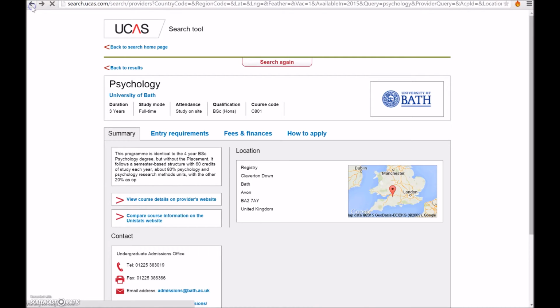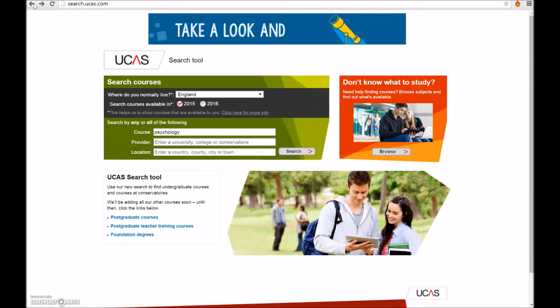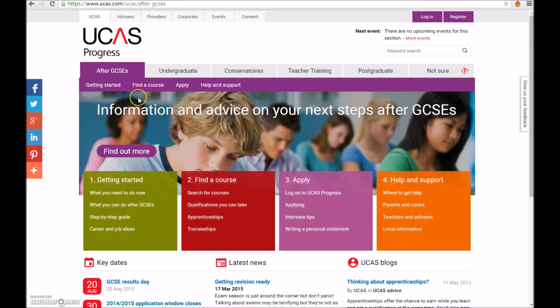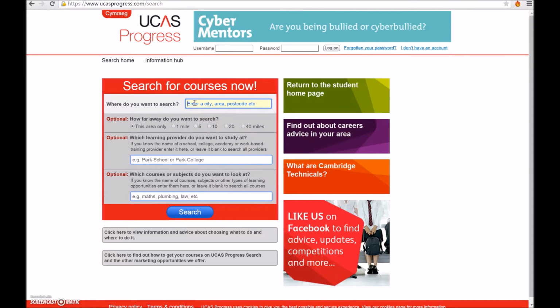I'm just also going to quickly show you, if I just go back a few pages, back to the home page, which was ucas.com. You'll see there was also a section here which is after GCSEs. Now if you click on that, it's got lots of different information about choosing your A-levels, and you can also search for courses in the local area. So if we click on the search for courses and you put in Brighton, for example, here, or Chichester,